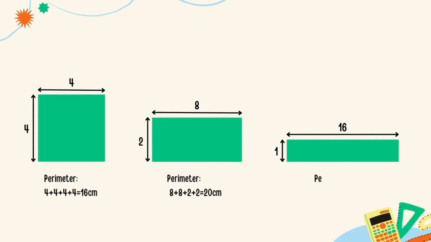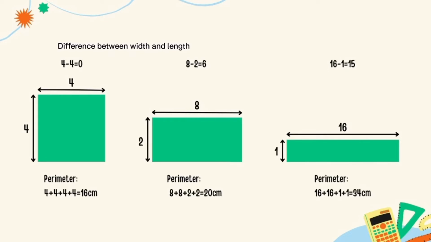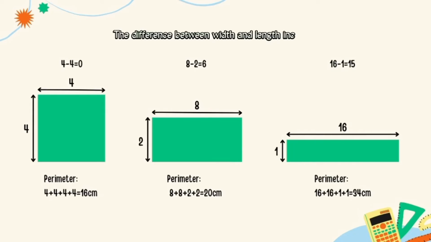The last rectangle is 16 cm of width and 1 cm of length, so it will have 34 cm for the total of perimeter. From this finding, you can see that not only do they have different perimeters, but they also have differences between width and length. From the observation, we can see that the larger the difference between width and length, the bigger